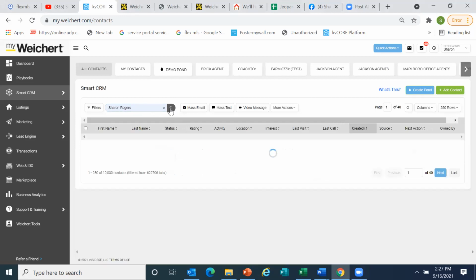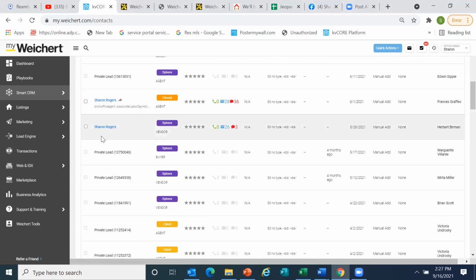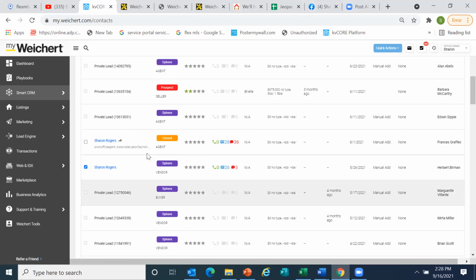And it's going to search for me. I have a couple tester names in here. I'm going to use this one, for example. So right here, I actually do not have a hashtag. So if I put a check mark, now this is doing it from the CRM itself, not within opening up the contact. If you put a check mark here next to the person's name that does not have a hashtag,